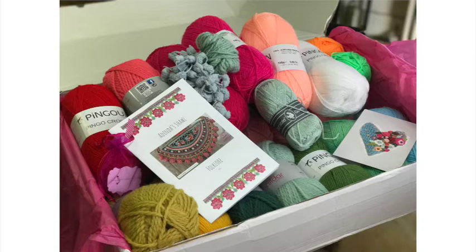This is the box that came to my house. I felt like I got a birthday present, or it was Christmas. It is beautiful. The materials are exquisite. There's a little goodie you can see right here. She also sells just a book of her pattern, which we'll talk about in a second. You don't have to buy those particular yarns. So beautiful. I'm going to show you everything with the video,